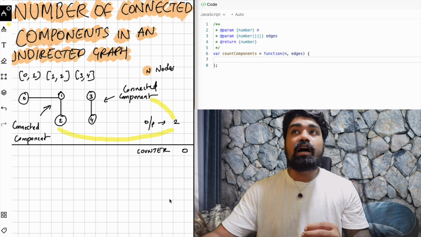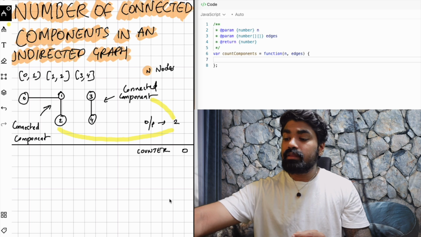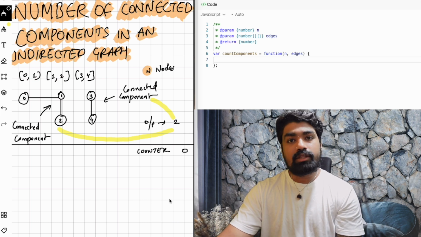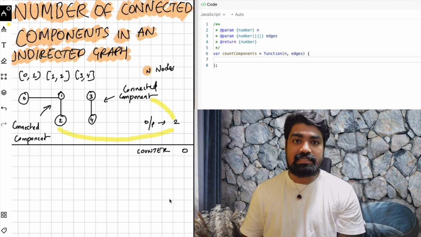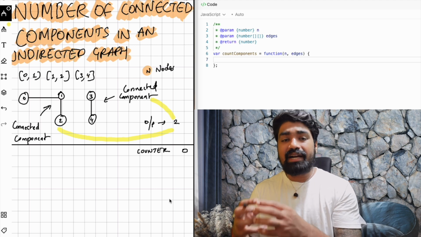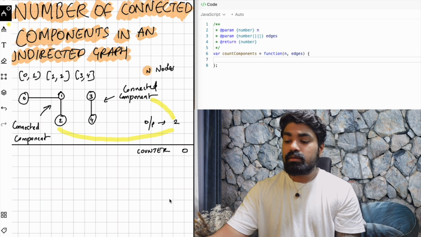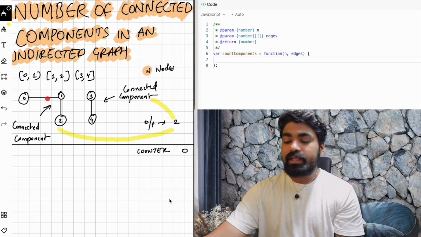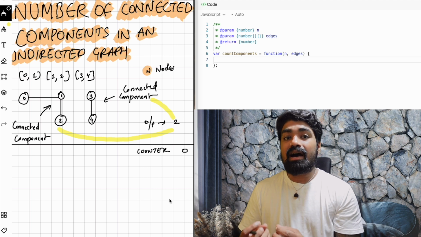We will be receiving an input of edges that will be looking something like this. So we will have 0, 1, 1, 2, 3, 4, let's say. How that looks charted into a graph is something like this. So we will have 0. We said 0 goes to 1. So 0 is going to 1, which basically means 1 is also going to 0 because this is an undirected